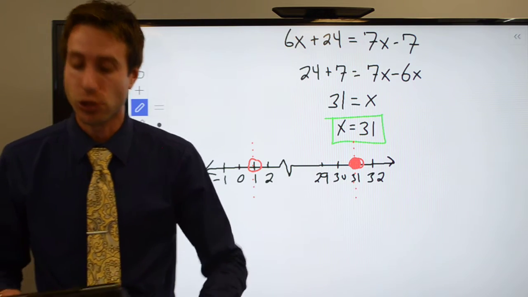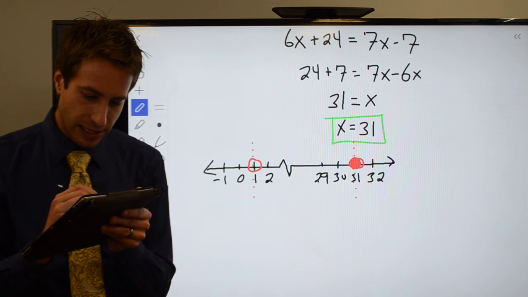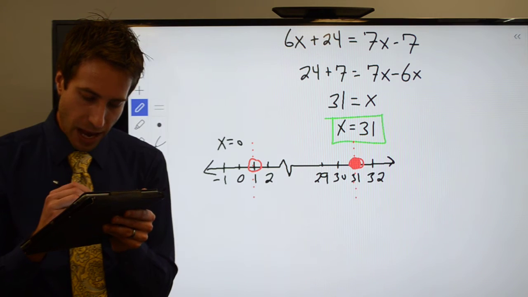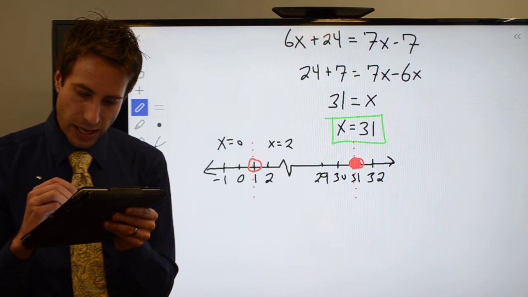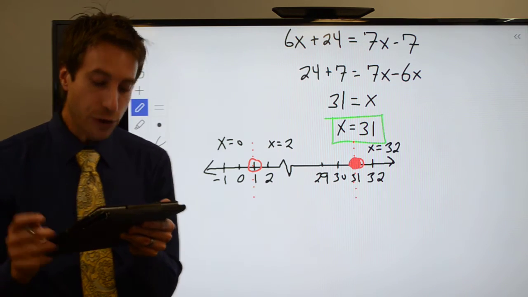It's part of the solution region. So here we go. Let's go ahead and test some of these guys. I would test x equals 0, x equals 2, and x equals 32. If you do that,